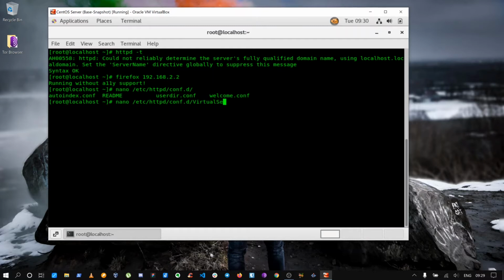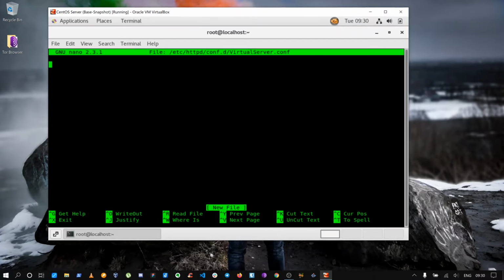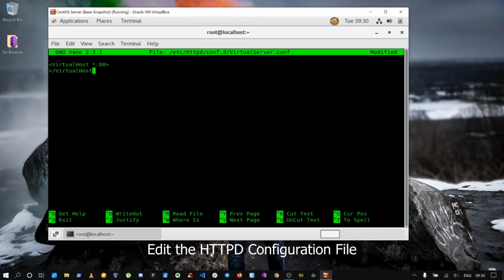So I'll name it virtualserver.com. Now here let us configure the virtual host, accept connections. This is a basic configuration.